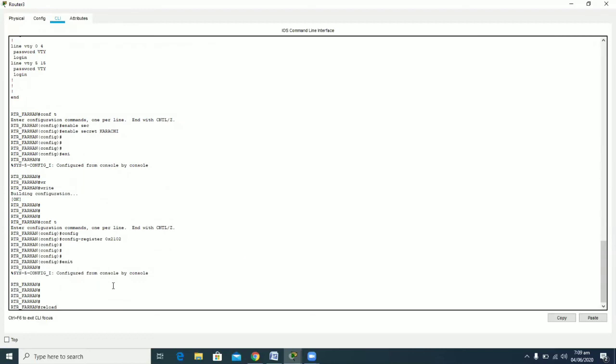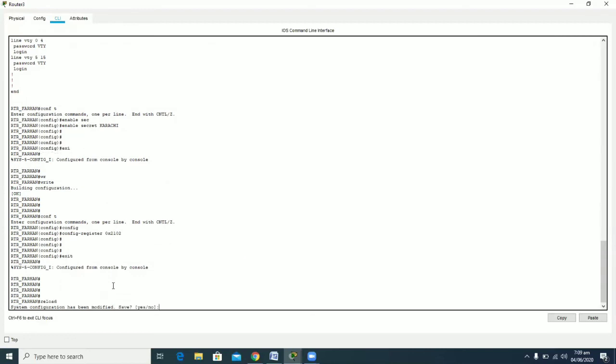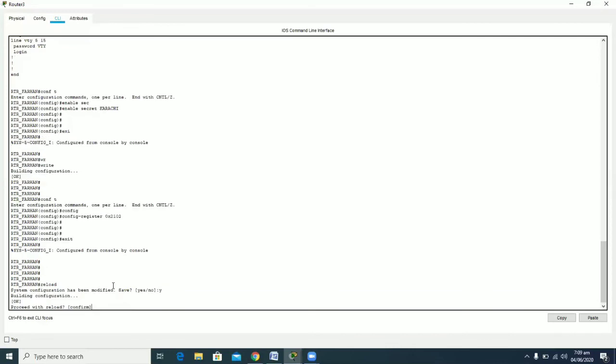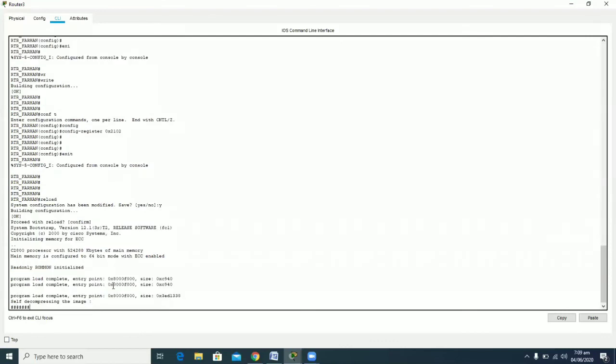So reloading, and it is asking me that the configurations have been modified, so do you want to save it or not? I have already saved the configurations on my router, so I can type Y or no, whatever I want to. So I'm typing a Y and proceeding with the reload command.